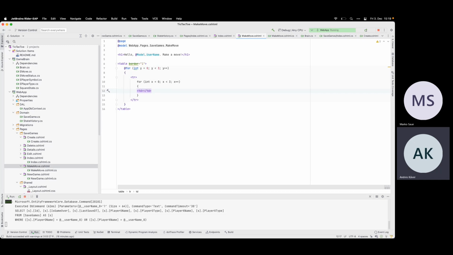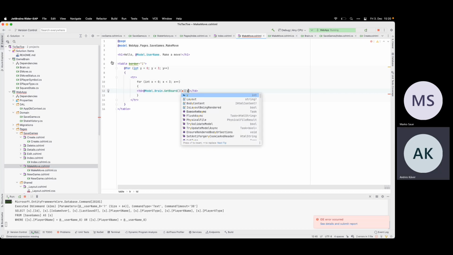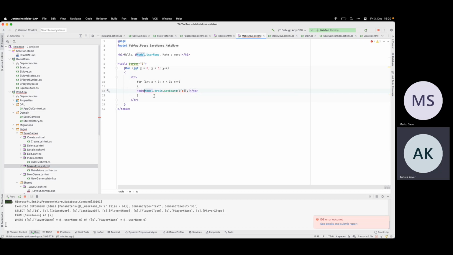And here we have model.brain.getPort X, Y, and I actually have to do it inside the parentheses.